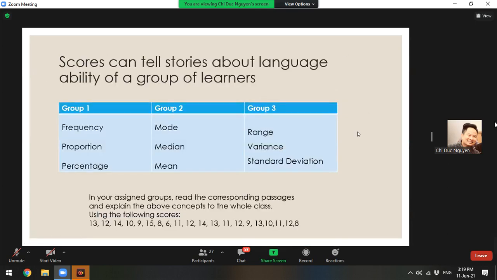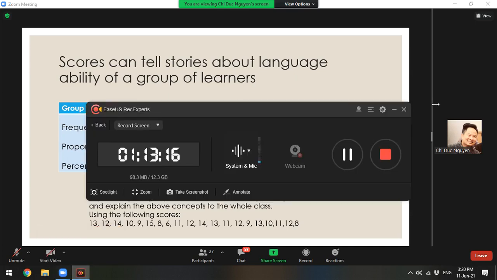Yeah. So we have already told the story about the language ability of a particular student. And now we have used these 9 indices to unpack the story about the language ability of a group of students or different groups of students altogether. Yeah, so I use this in order to compare and contrast between students and between different groups of students, and also to